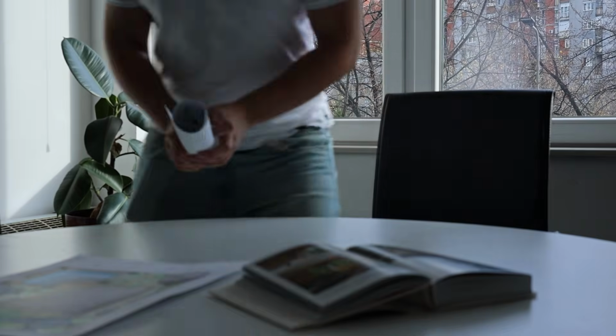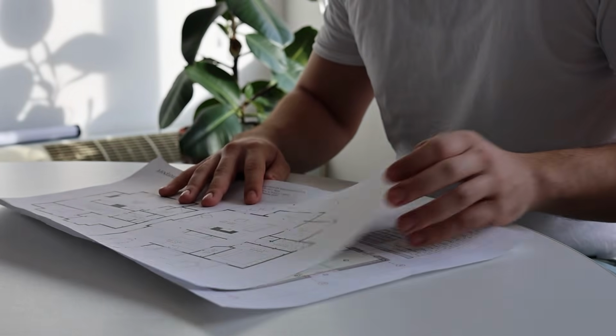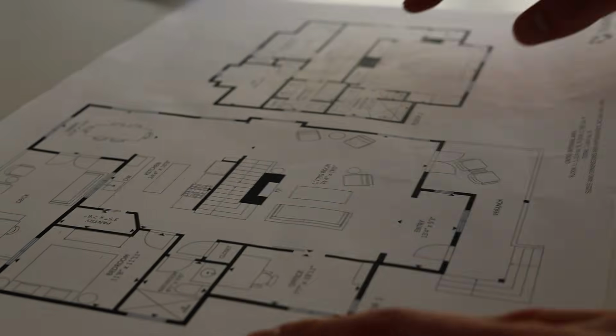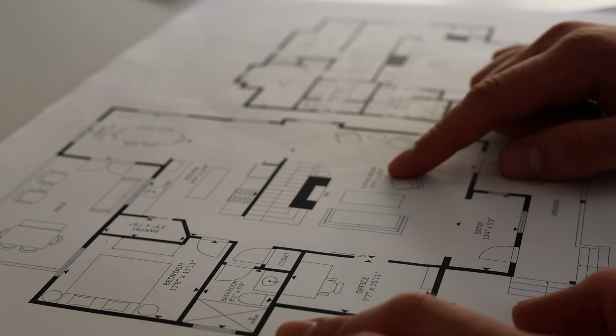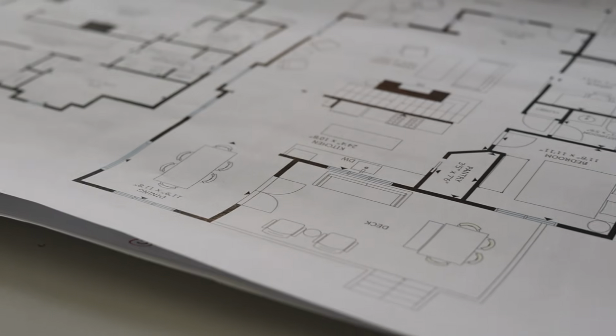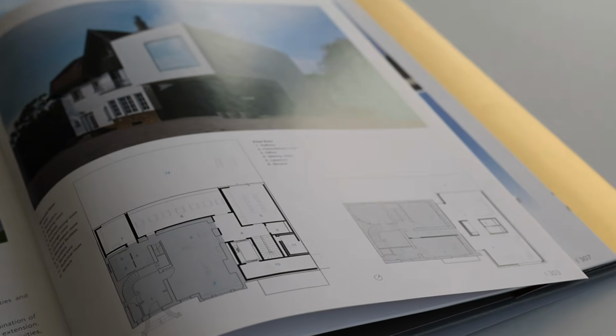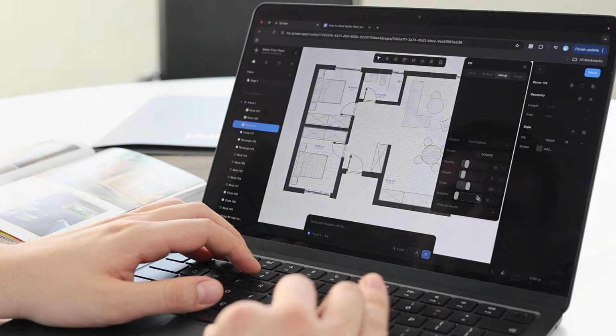A good floor plan makes building easier. It's the core way homeowners, clients, builders, and others communicate. And I know that it sounds crazy, but a floor plan is not even what most people think. Whether you're a homeowner, architecture student, or junior interior designer, by the end of this video you will understand what